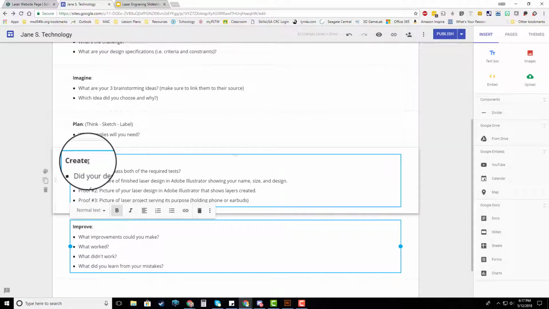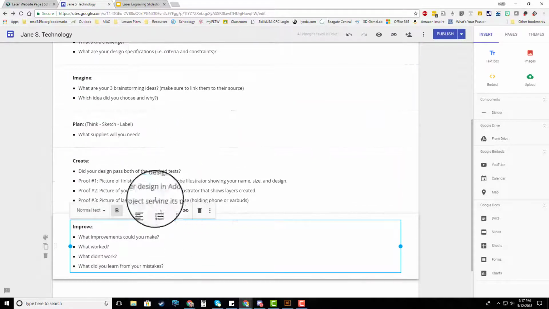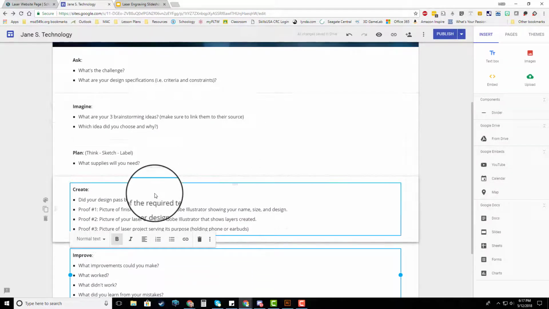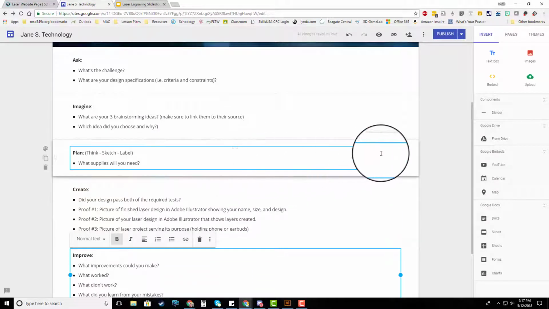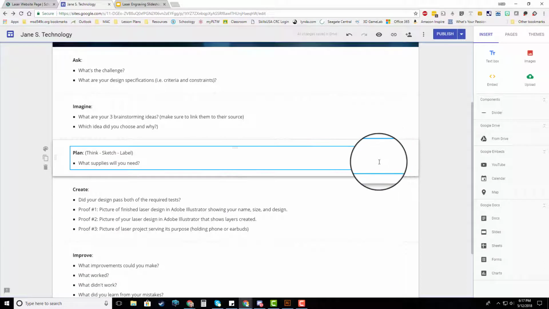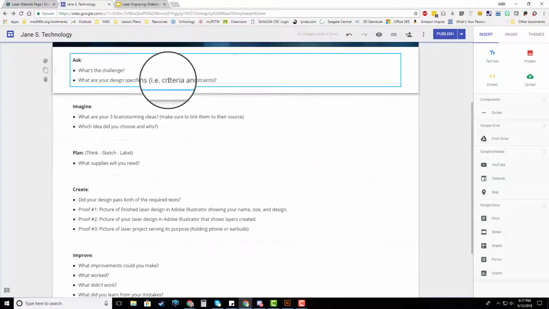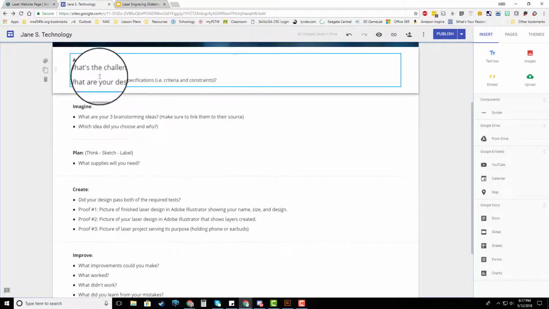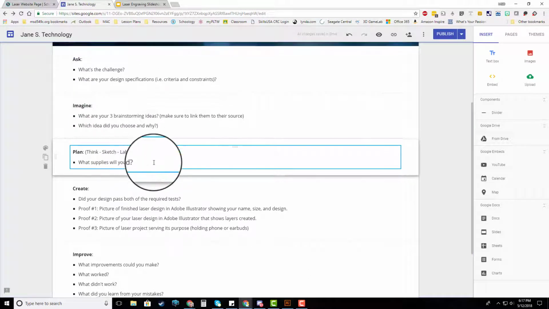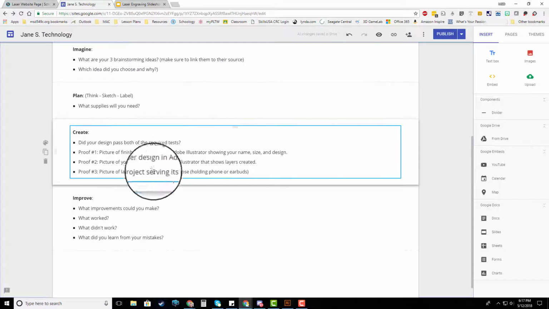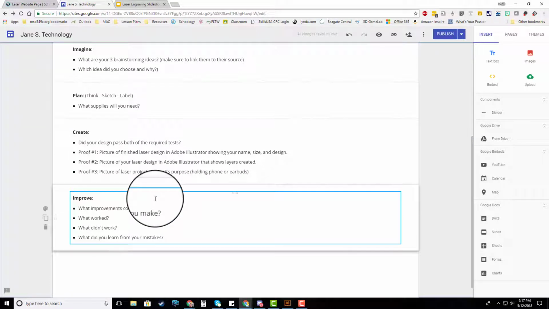You could make them capitalized to emphasize them more if you wanted to. That's your choice. Okay. So let's talk about what you need to have on here. Before you start your project in Adobe Illustrator, you need to do these first 3 sections right here: ask, imagine, and plan. You can't do the last 2 sections until after you have made your design in Adobe Illustrator, because